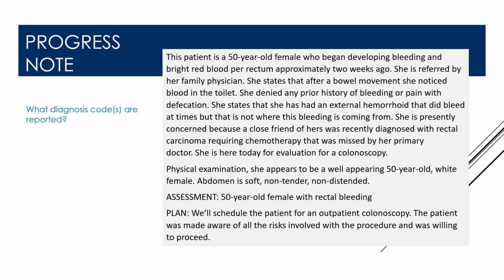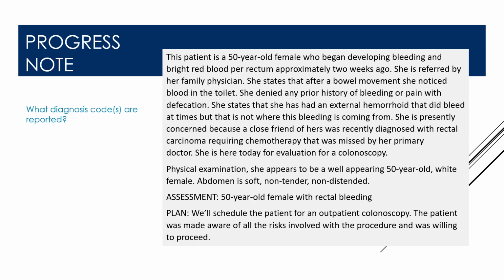The patient is a 50-year-old female who began developing bleeding and bright red blood per rectum approximately 2 weeks ago. She is referred by her family physician. She states that after a bowel movement, she noticed blood in the toilet. She denied any prior history of bleeding or pain with defecation. She states that she's had an external hemorrhoid that did bleed at times, but that is not where the bleeding